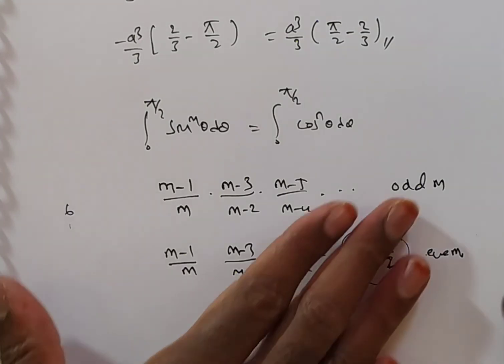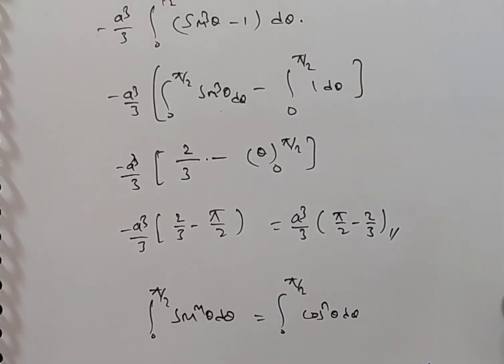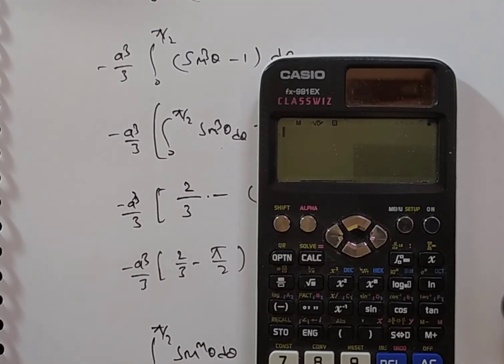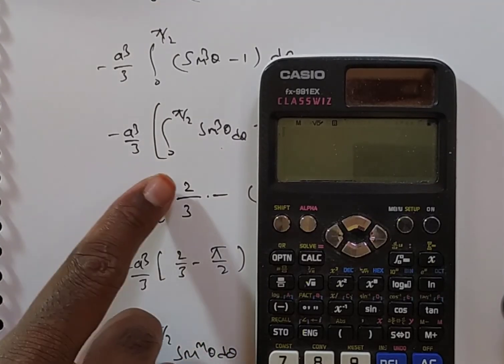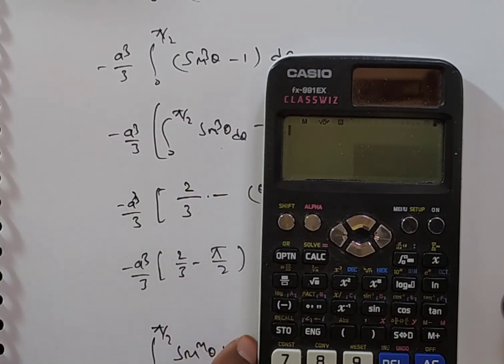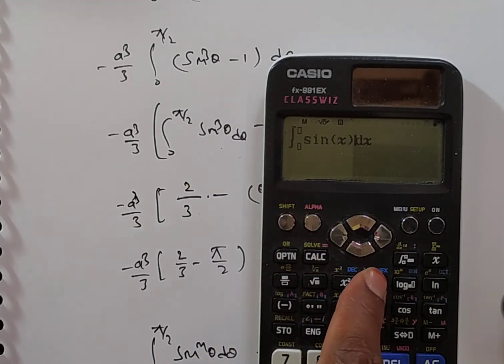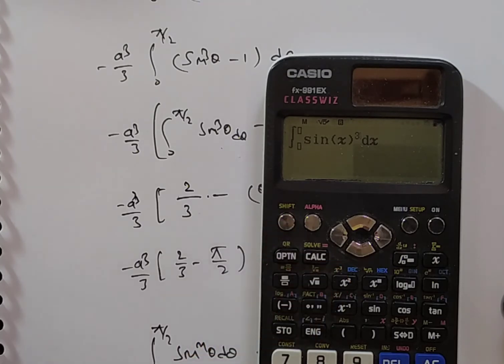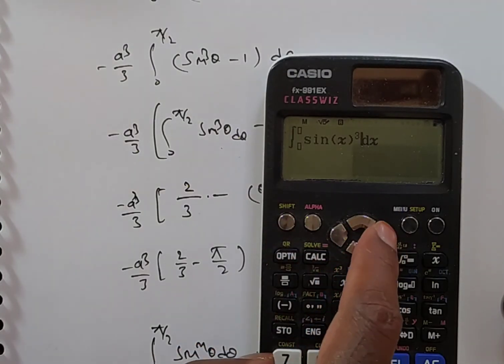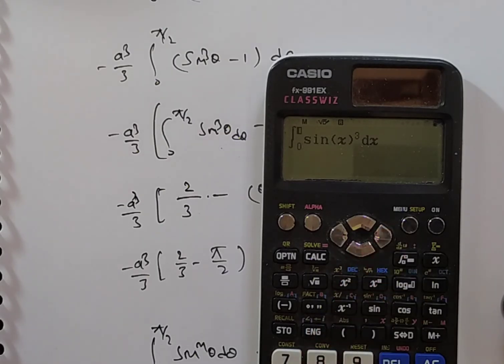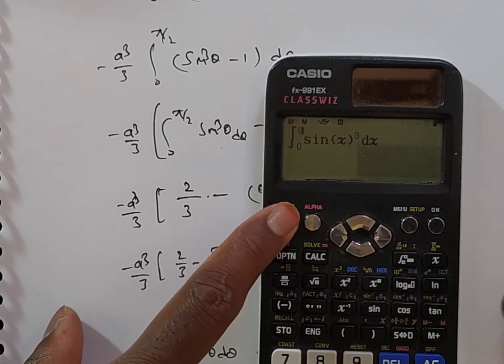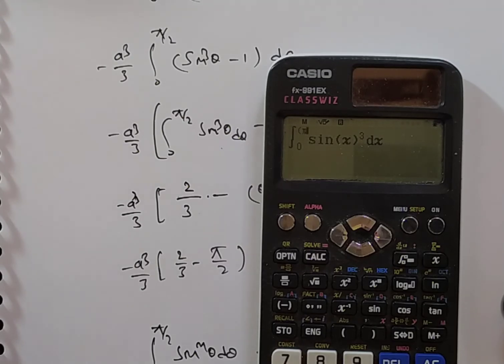How can I say? After getting this, use the calculator. Now, by using the calculator, I am showing you. You see, we have the integral from 0 to pi by 2 of sin cube theta. Integration, sin alpha x, close the bracket, power 3. Or else you can press shift x square. Lower limit is 0 and the upper limit is pi by 2. Pi is in shift 10 to the power of x. If you press it, then you will have pi divided by 2. Now equals, you see what you have? 2 by 3.